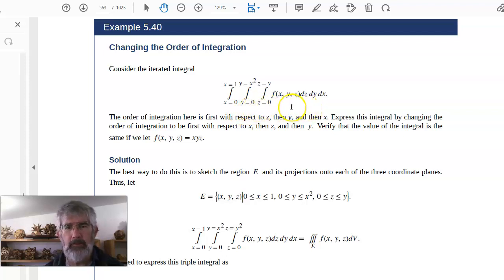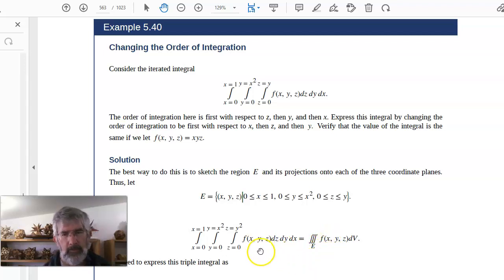triple integral and asked to change the order. So they have it dz dy dx. They want it dx dz dy. Okay, and they do something here, and there's a question about typos, and there definitely is a typo here, but